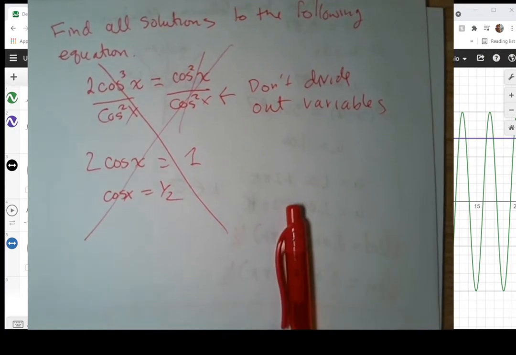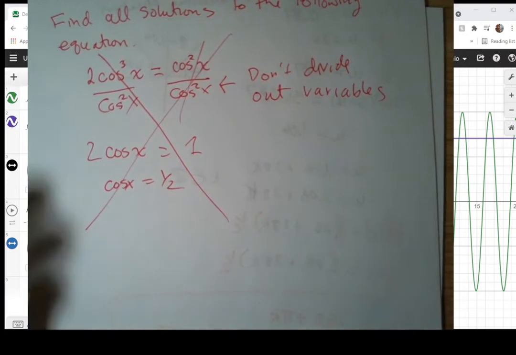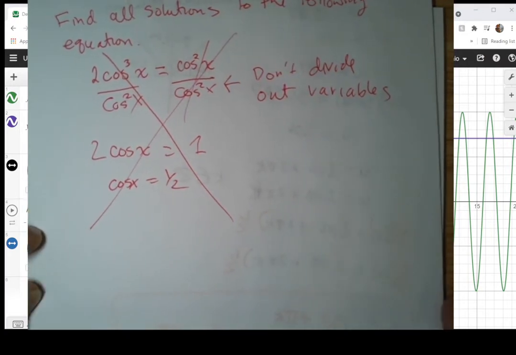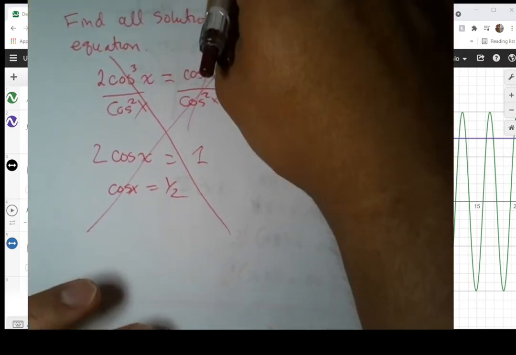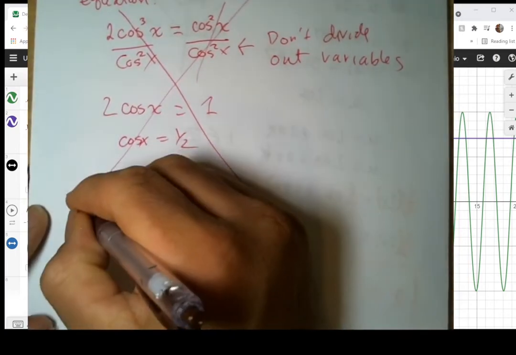All right, because I don't know what x is, right? What if cosine of x is 0, and then I've eliminated some solutions, right? So I don't want to do that. The correct approach here, and in anything that has this type of form where it looks like you can divide out a term, is to resist the temptation to do that. Instead, what you want to do